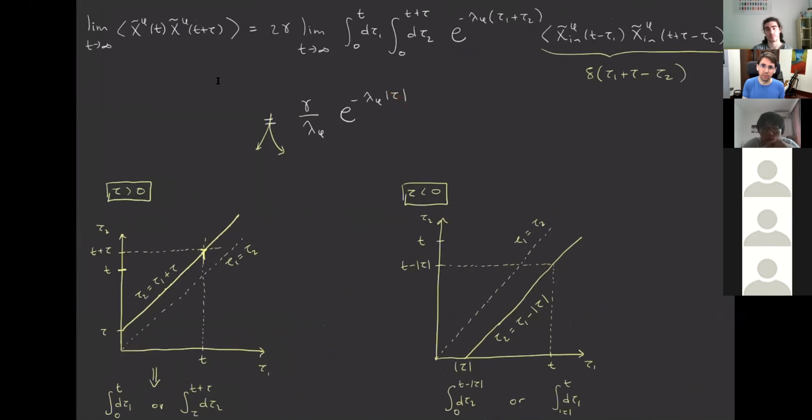And then with this, you can evaluate in a completely trivial way the power spectrum by using the usual Fourier transform. So in particular, if we put everything together, what we get is that the limit when t goes to infinity of the output quadratures, either the position or momentum,